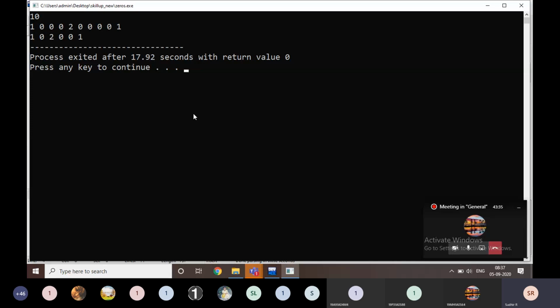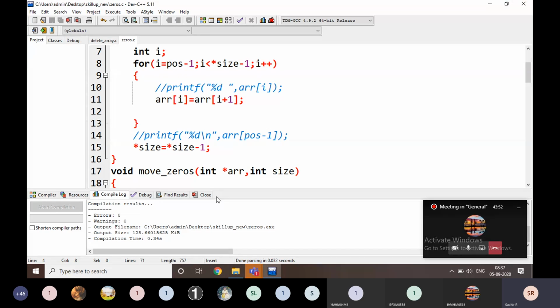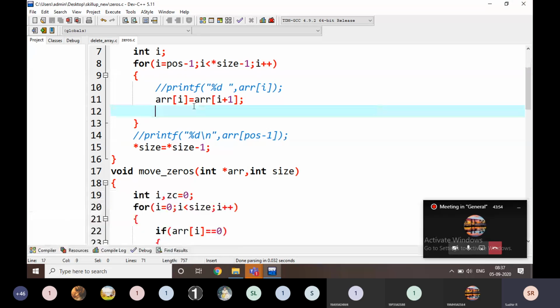Why are the 3 zeros not deleted? Here this 0 is not deleted, the second position 0 is not deleted. Why? Because every time it is going to be i++. That's why I am going to write i-- here.